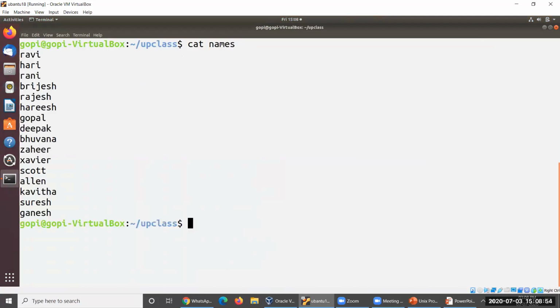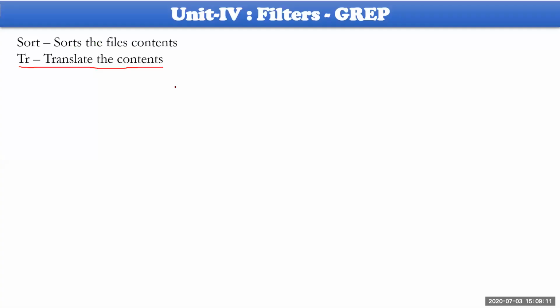CAT NAMES. There are a certain number of names that I have taken here. Let me convert these names into uppercase letters. How could this be done here? So CAT, and this translate can be applied to any command, whatever command it may be, followed by pipe translate.